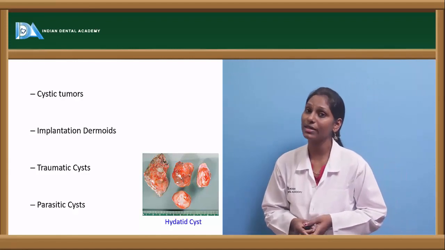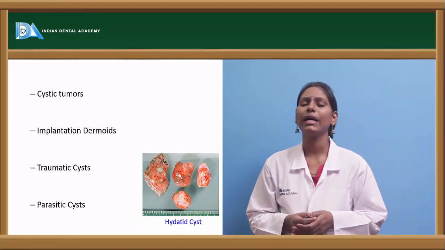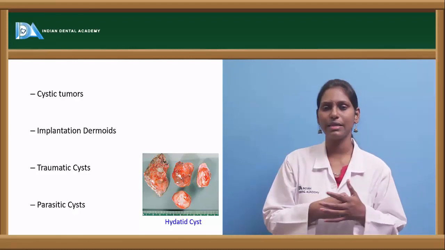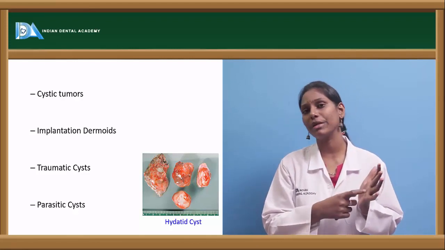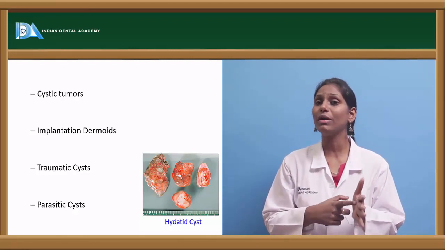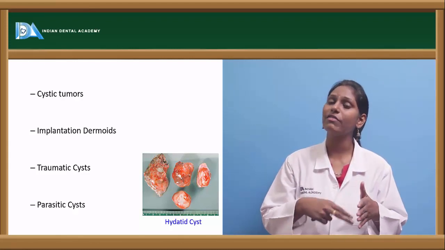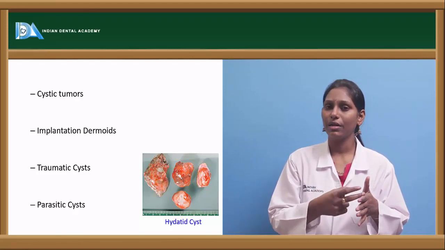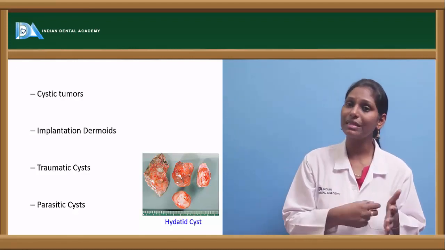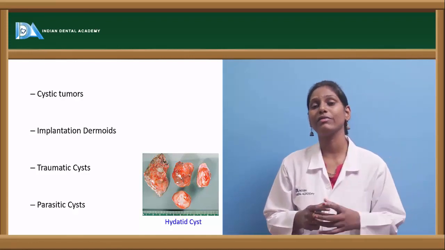Next, we have something called traumatic cyst. These traumatic cysts are caused because of trauma, as the name itself indicates. When a trauma happens, what happens? There will be hematoma formation. Most of the times, this hematoma gets resolved, but instead of resolving, this hematoma itself converts into cystic material, gets necrotized. It undergoes some coagulative necrosis within itself, leading to a cystic fluid consistency, and this itself manifests as a